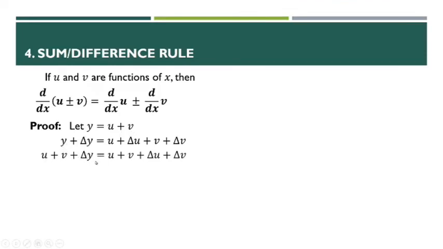Since y is equal to u plus v, so substitute natin yung y plus delta y is equal to u plus v plus delta y. So we can cancel out since pag nag-transpose tayo, magiging negative ito against ito. Then ito magiging negative din against dito. So ang matitira is the increment of y is equal to the increment of u plus the increment of v. And kapag divide natin dun sa delta x, para makuha natin yung ratio, slope of the second line from the definition,